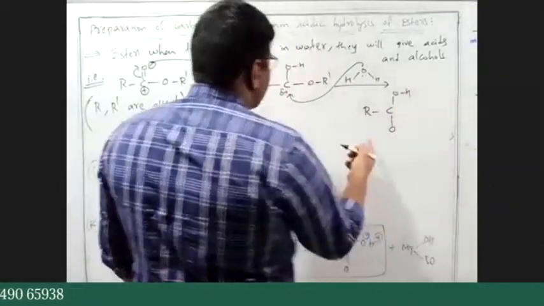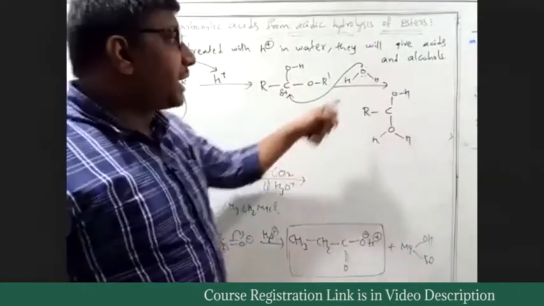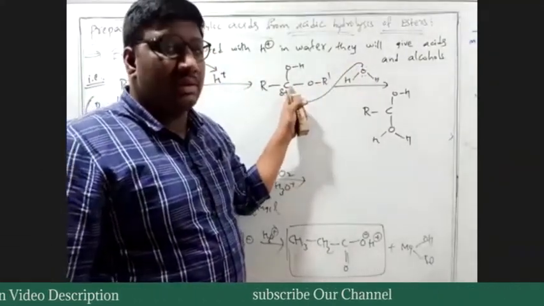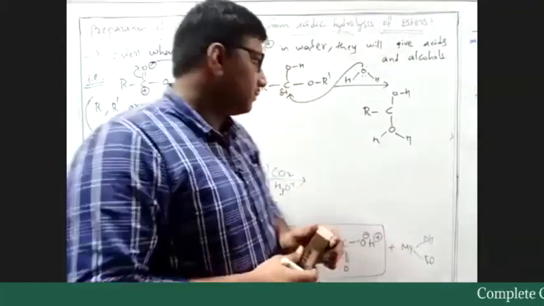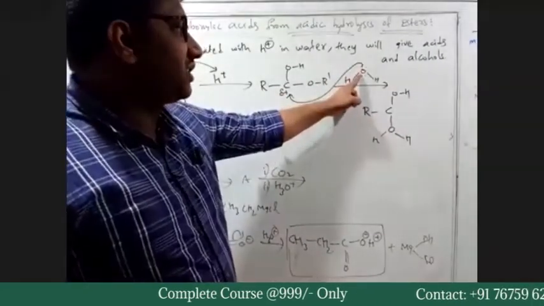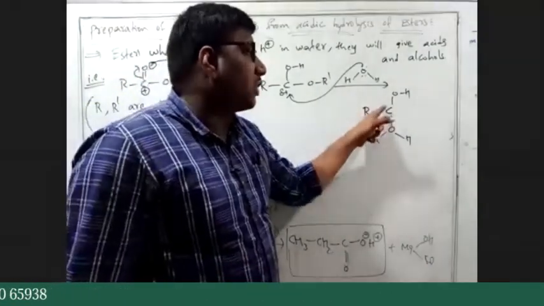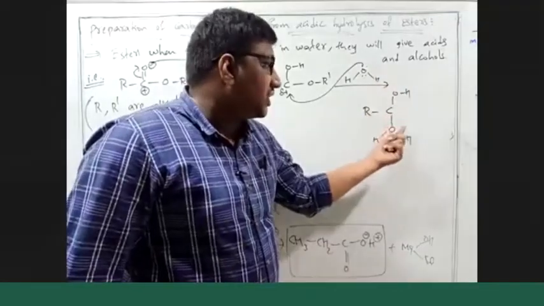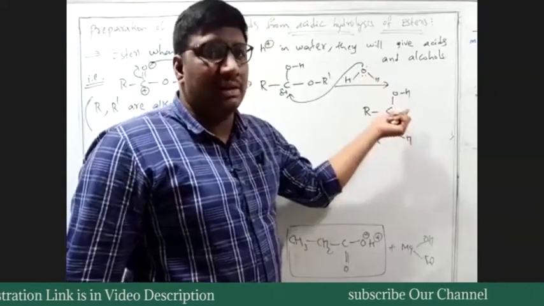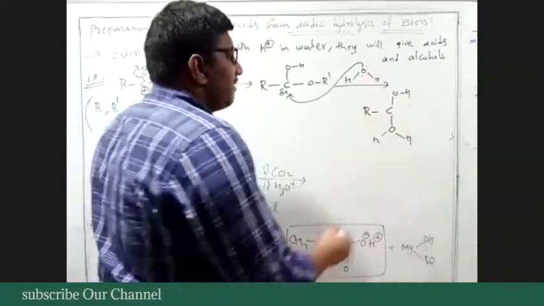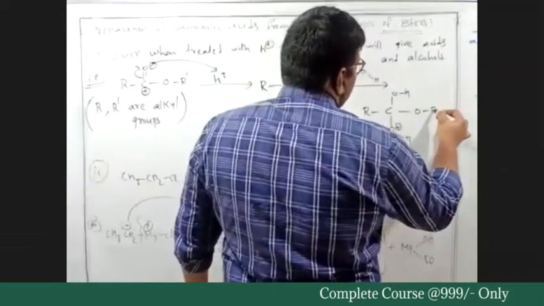R C O H, and this oxygen will form a bond with carbon. The lone pair on oxygen attacking this electrophilic carbon is the driving force of the reaction. Why will the reaction occur? We should know that. Initially, oxygen in H2O has two lone pairs, but one lone pair is utilized in the bond formation. So we have a positive charge now, and the other lone pair is as it is. This O R dash bond is as it is.